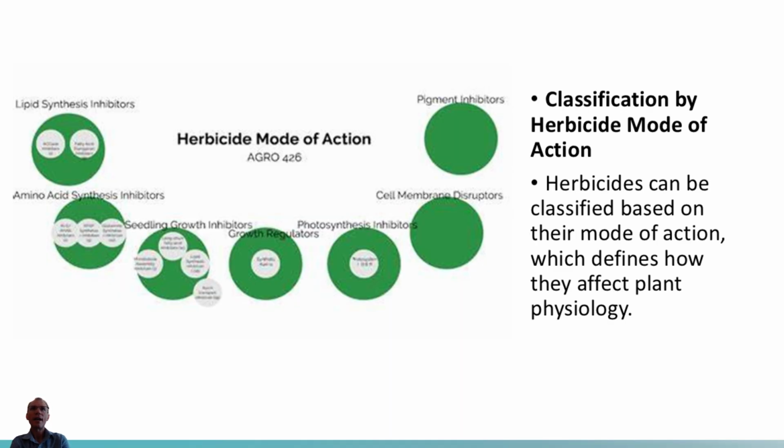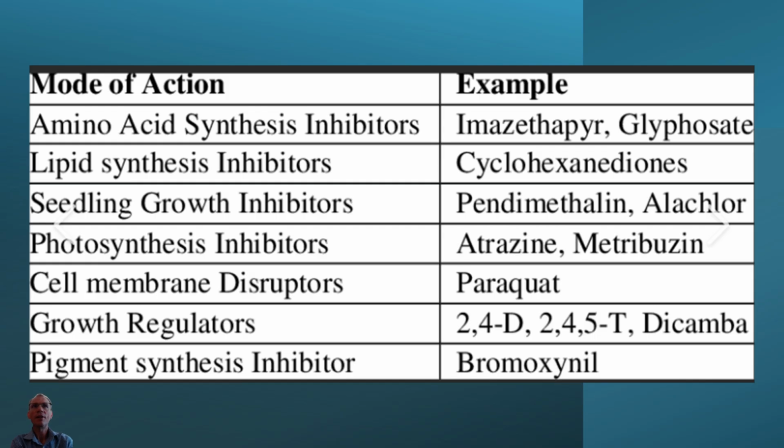Classification by herbicide mode of action. Herbicides can be classified based on their mode of action, which defines how they affect plant physiology. Let's take a look at some modes of action. An example: amino acid synthesis inhibitors, imazethapyr, glyphosate, mode of action, lipid synthesis inhibitors,